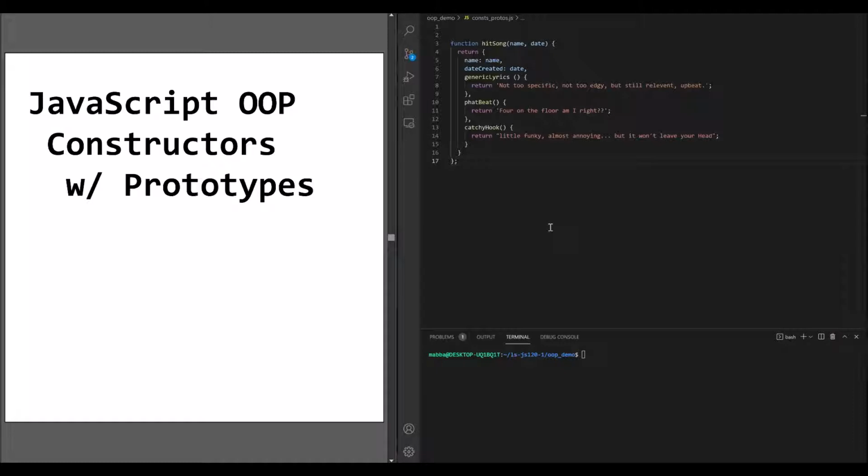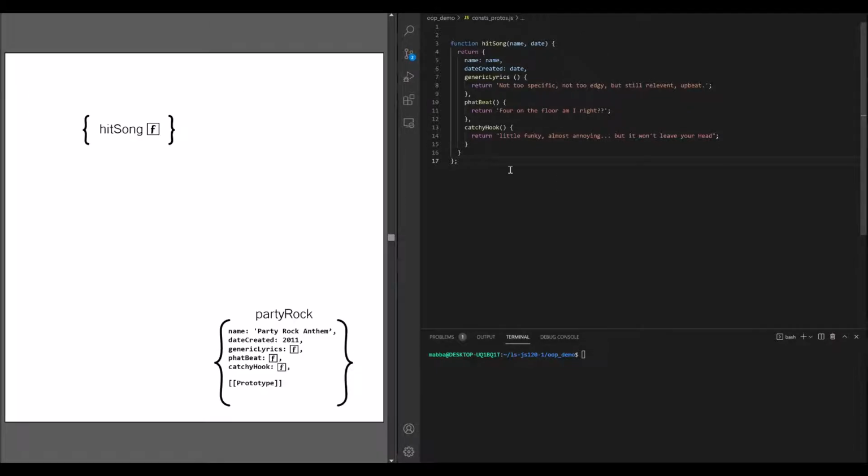This video picks up where we left off at the end of the video covering the factory function object creation pattern, and we can see here our hit song factory function, and we're going to start by turning this into a constructor function. Before we do that, let's remind ourselves of some of the disadvantages of working with the factory